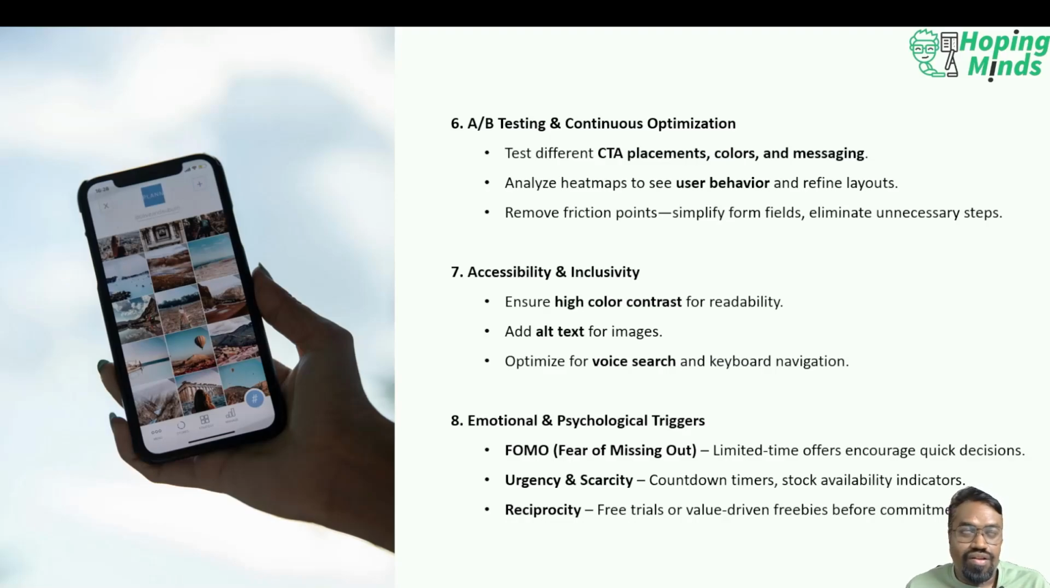So, while creating a website or a landing page, we need to keep in mind the accessibility and inclusivity of the user on top. Next is emotional and psychological triggers. We can put up some kind of FOMO, fear of missing out, things like limited time offers, which might encourage the user to make quick decisions. For example,